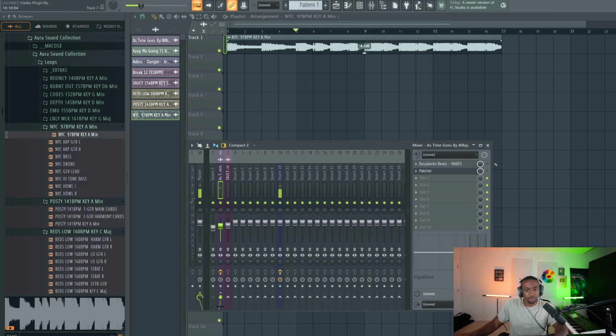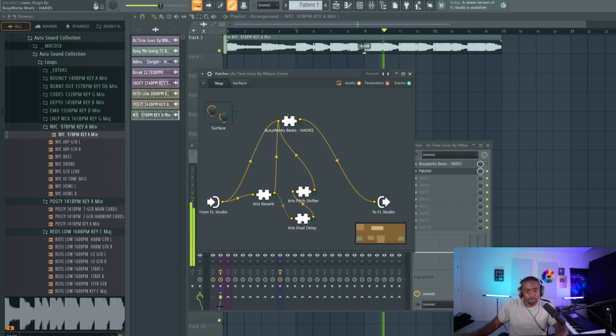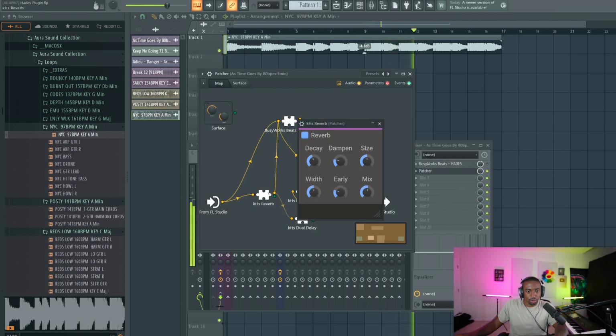So again, here's before. And then here is after. Then we can pull the reverb back a little bit.